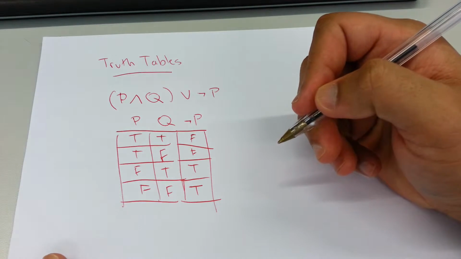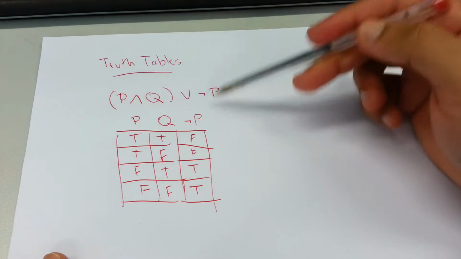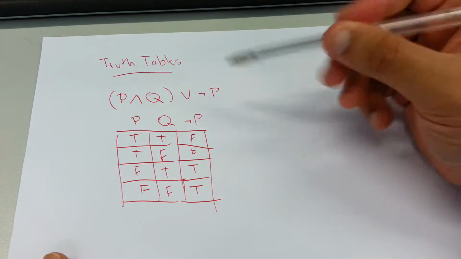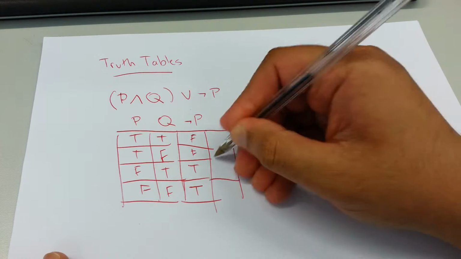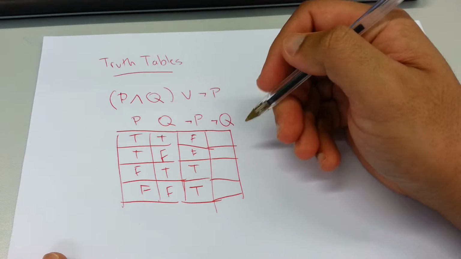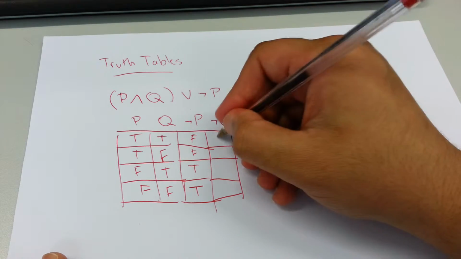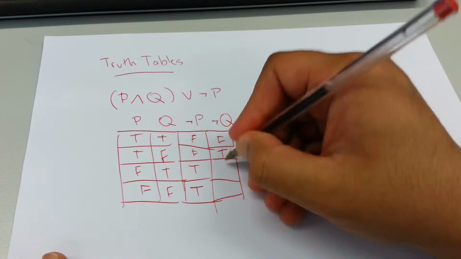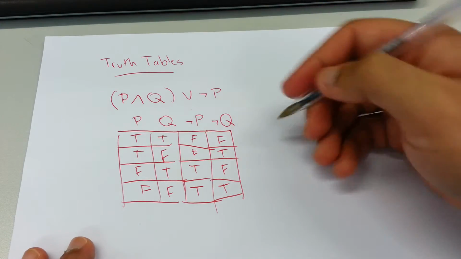And then you need to look at not Q. You can, but you don't have to, because nowhere here does it say not Q, but we'll just put it in because we are professional computer scientists. So the opposite of this is false, true, false, true. And now the next part is